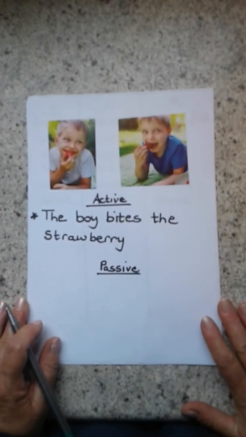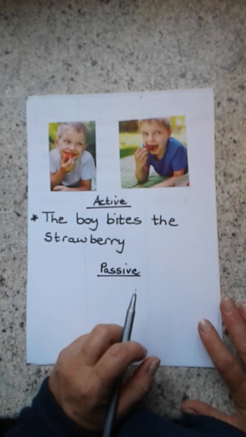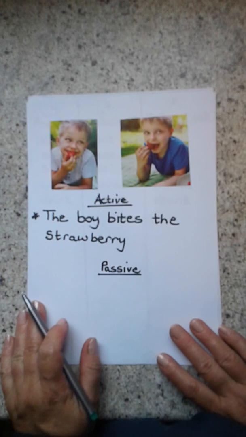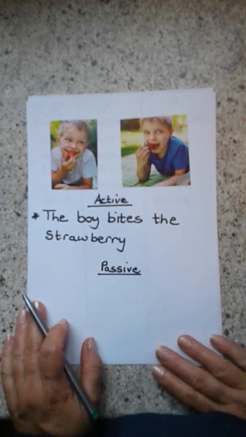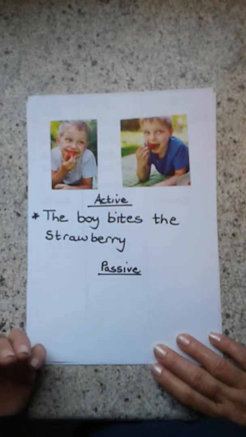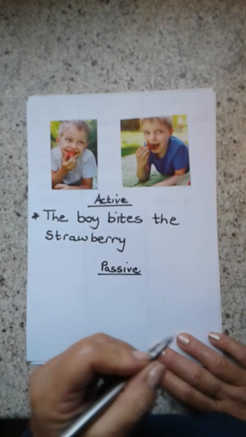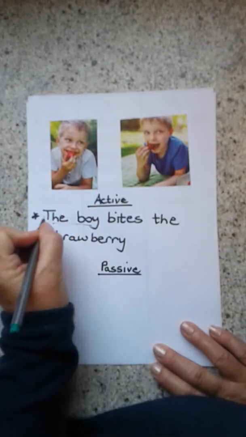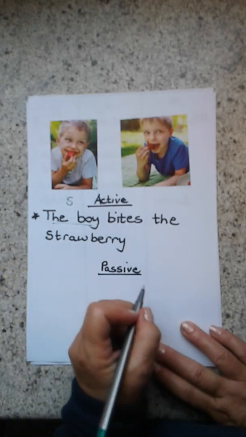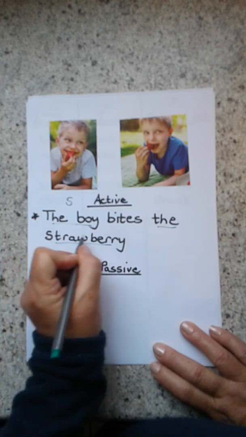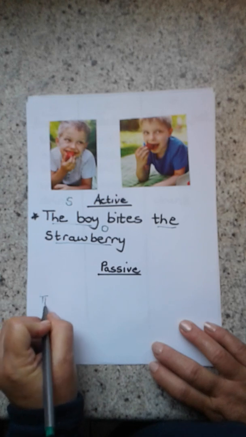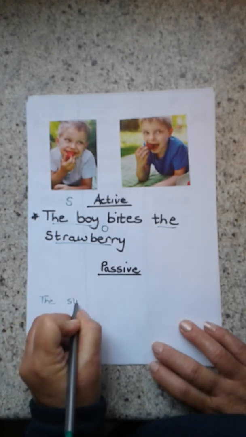I've given you a picture here of a boy eating a strawberry or biting into it. The boy bites the strawberry. If you are asked to change it into the passive voice, you need to identify your subject or the doer and the object. In this case, who is doing it? The boy. So he is my subject. And who or what is it being done to? To the strawberry, and the strawberry is my object. So I will start my sentence with the strawberry,